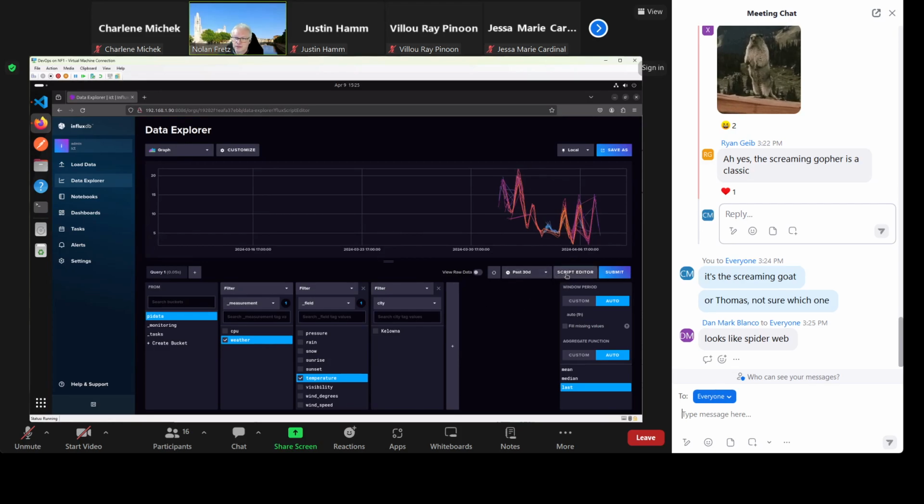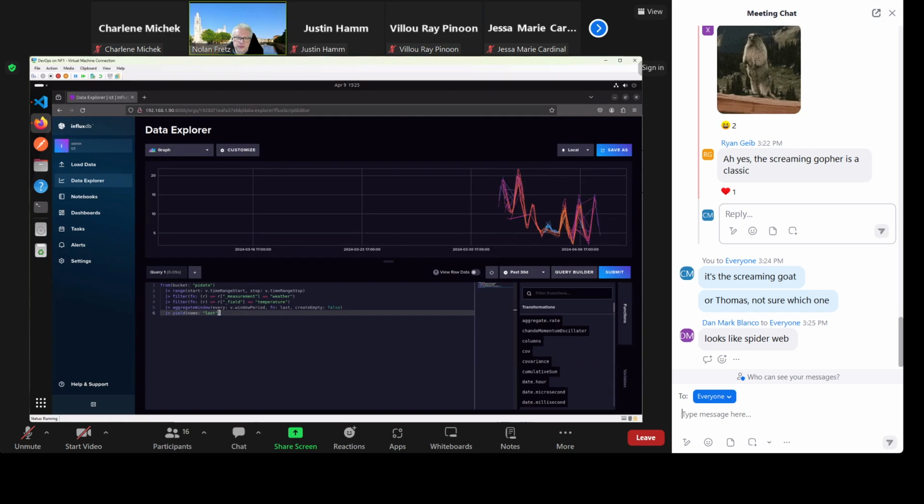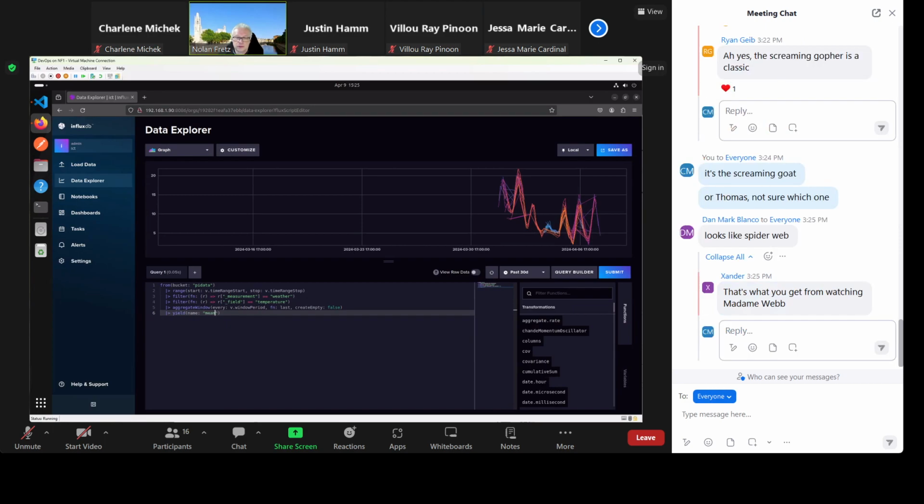Okay, but if we look at the script editor by going to last, let's try something here. I haven't done this before. Go back to mean and submit that. Okay, so right now with that particular one, it's making no difference to my graph. I know that there were things that threw an error if you tried to average them and they weren't numerical. So I think one of the things in weather is there's a field for